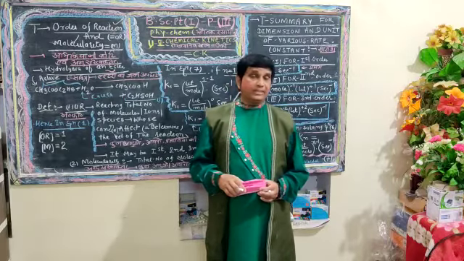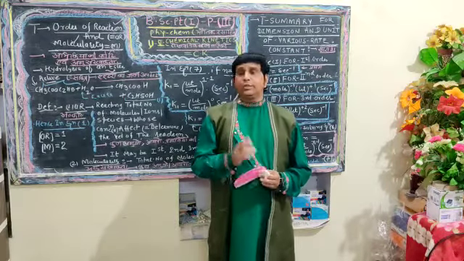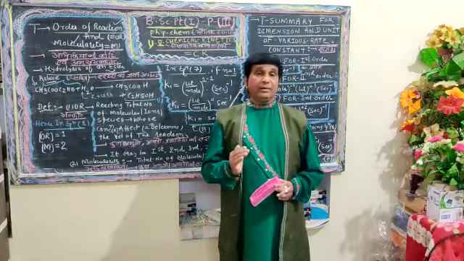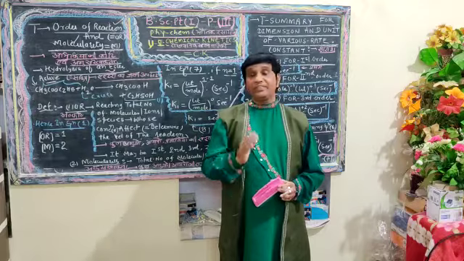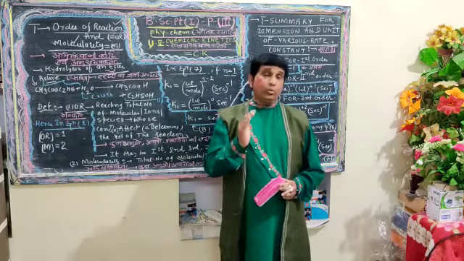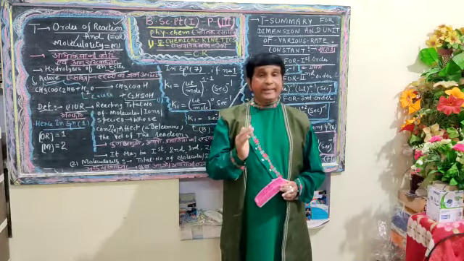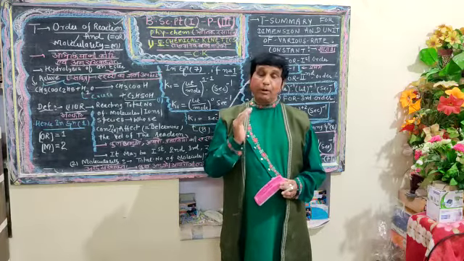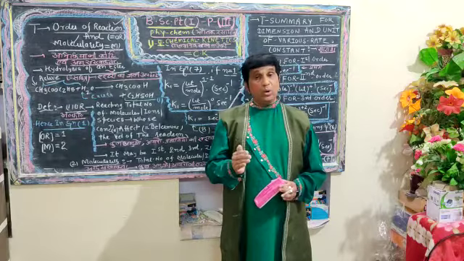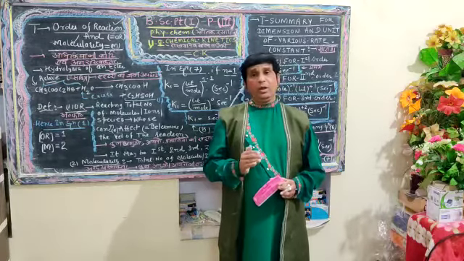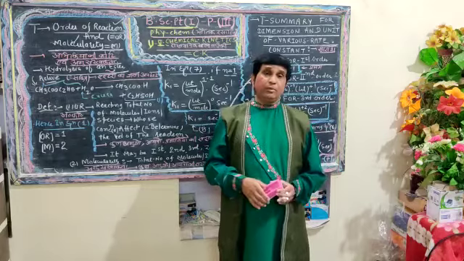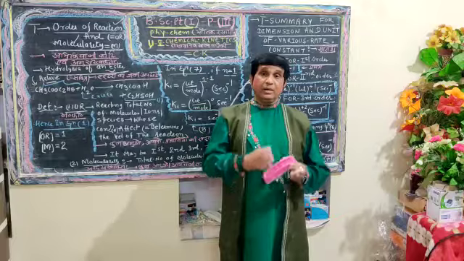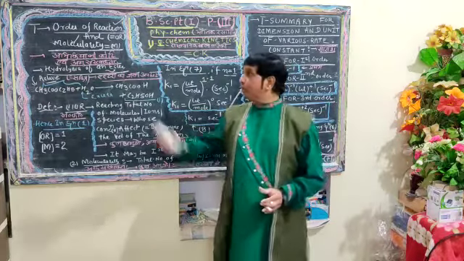Students of BSc part 1, there are two types of persons in our daily routine life. The first kind of persons are active, dedicated, and sincere about their duties, their mission, their goal, their work. I think there are such dedicated, hard-working persons, and their total net sum gives the value of order of reaction.